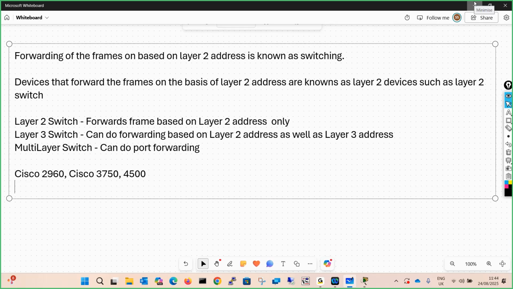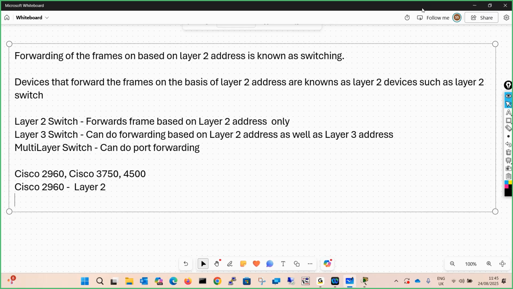Since the series starts with 2960, with a 2 number, it was a layer 2 switch. In olden time, if someone says Cisco 2960, it is a layer 2 switch because it was easy to identify. Then if someone says Cisco 3750, starting with 3, it is a layer 3 switch.